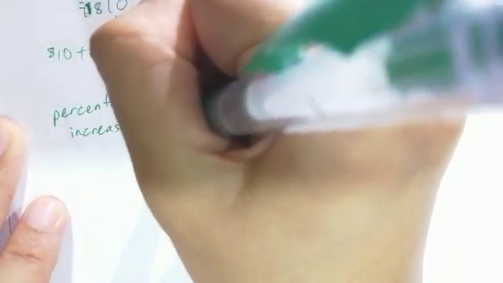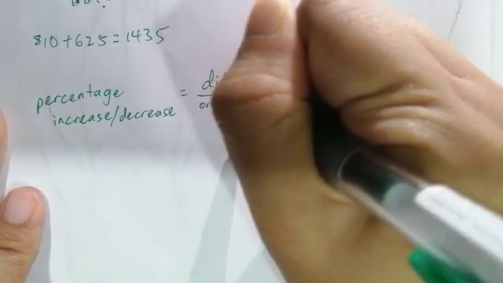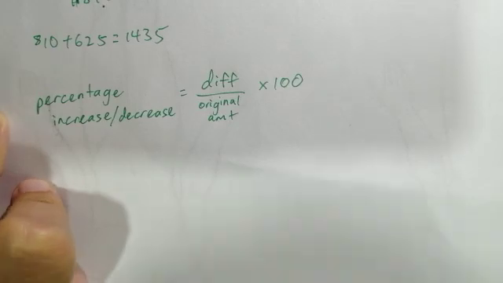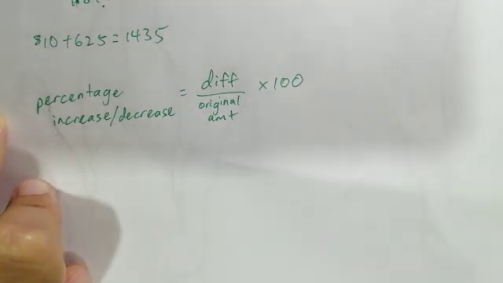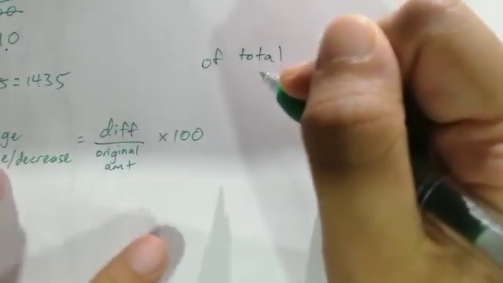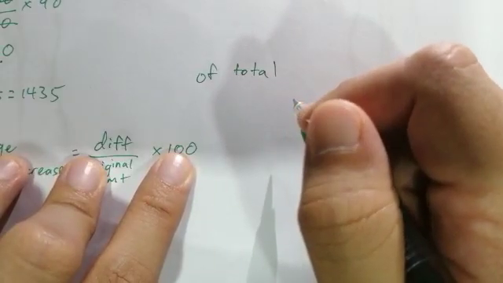So remember, what was the increase or decrease in percentage? So you're asking for percentage increase or decrease, right? And remember the formula is equal to difference over original amount times by 100. Now if you look back at the question, it says overall increase in percentage of the total. So of total, percentage increase or decrease of total number